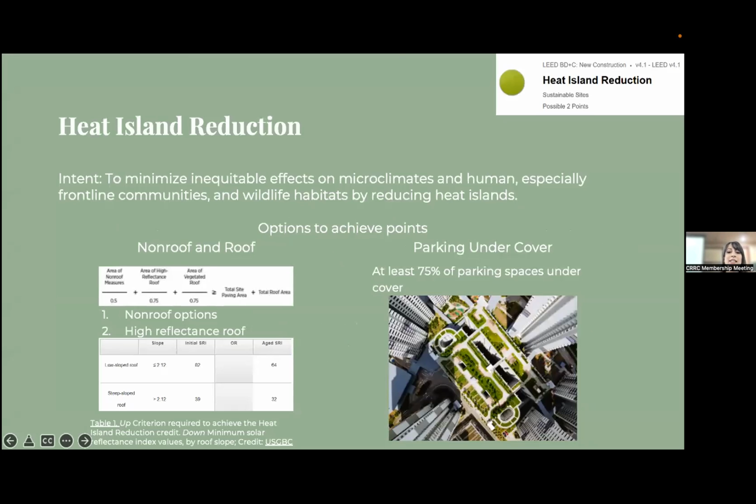So the first credit in LEED that's leading the charge on combating extreme heat is the heat island reduction credit under the sustainable sites category. A lot of you are probably familiar with this credit. The goal of the credit is to minimize inequitable effects of microclimates and human, especially frontline communities and wildlife habitats, by reducing heat islands. We recently updated the intent section of the credit to include the language inequitable effects and frontline communities in order to explicitly recognize that heat islands are an environmental justice issue and they must include equity